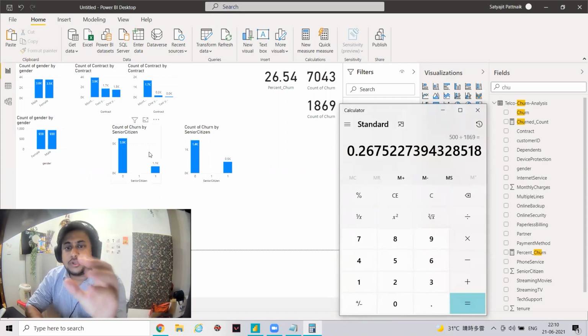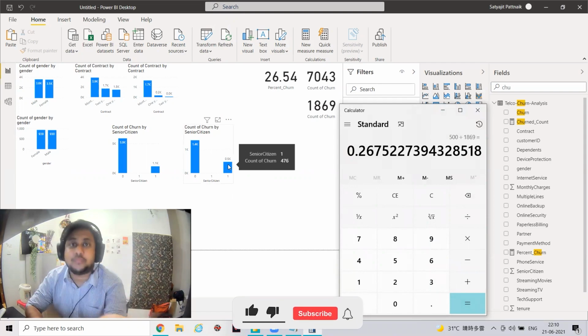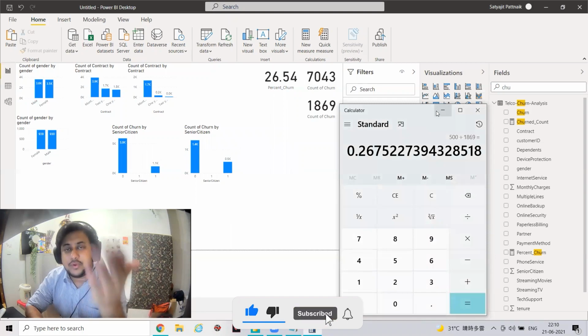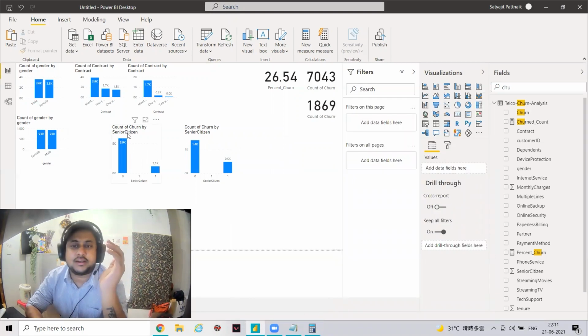See, almost 15% were senior citizens in the original data, but among people who have left the company, 26% are senior citizens. So that means people who are senior citizens are also churning more, right? Similarly, you have to analyze these things one by one. So this is all about your univariate analysis.